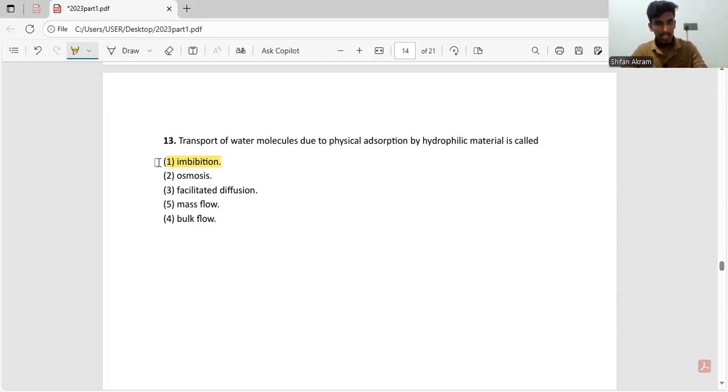Anyways, let's go through what all these other terms are. We have osmosis, which is also a type of diffusion, but occurs between water molecules from a high water potential to low water potential. And again, we have facilitated diffusion. It is also another type of diffusion, but of course through transport proteins, which are present in cell membranes. Fourth one and fifth one, bulk flow and mass flow. Bulk flow and mass flow refer to the same thing, where bulk movement of substances with water occurs due to a pressure gradient. So the correct answer is the first one.